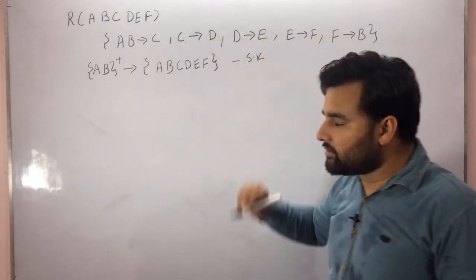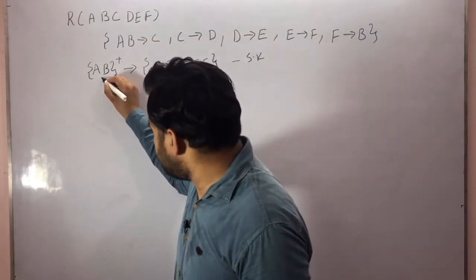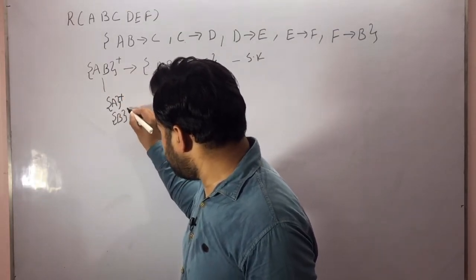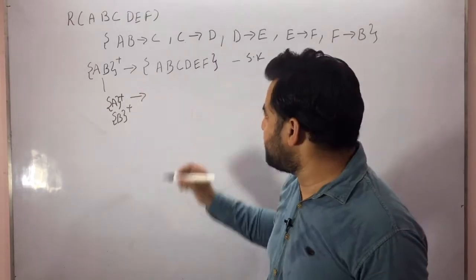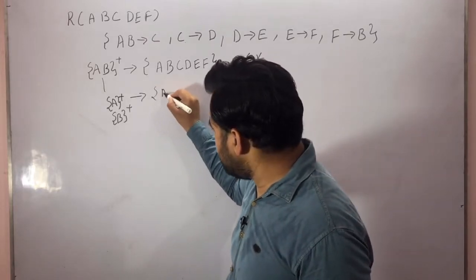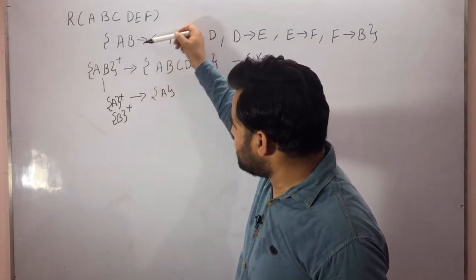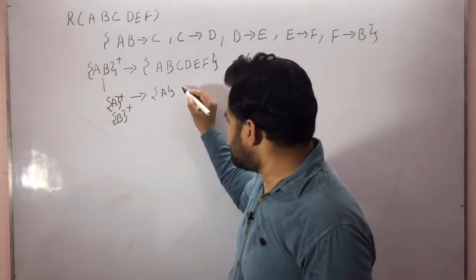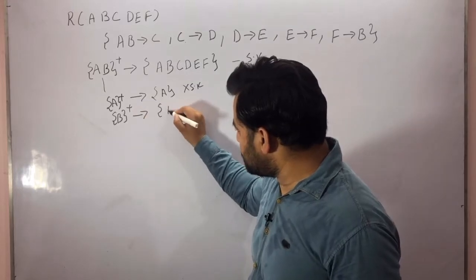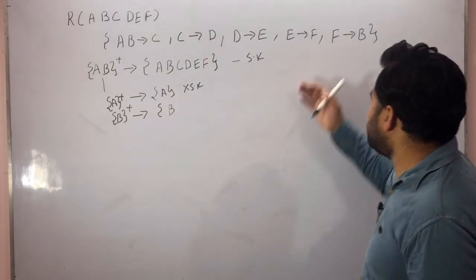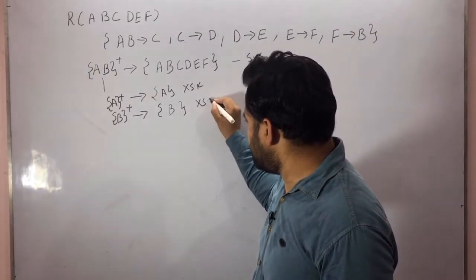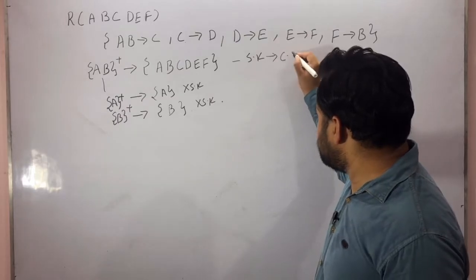Okay, so let's find out whether this is a candidate key or not. We'll take the closure of A and the closure of B. What is the closure of A? If I find the closure of A, I will get only A, because in order to get C I need B also. So this is not a super key. We'll check for B. The closure of B is B; from B am I going anywhere else? No, I'm not going anywhere else. So this is also not a super key. So what is the meaning? This is a candidate key.